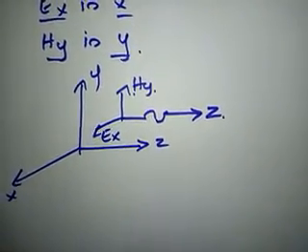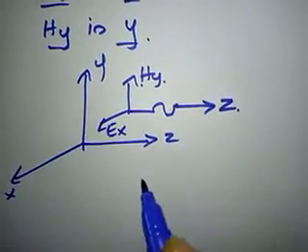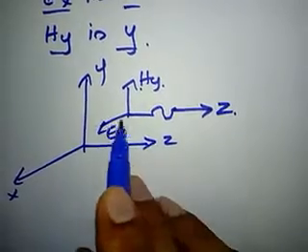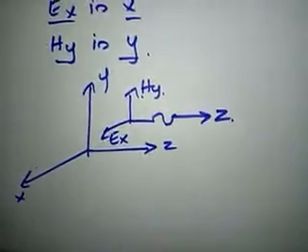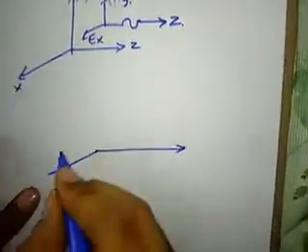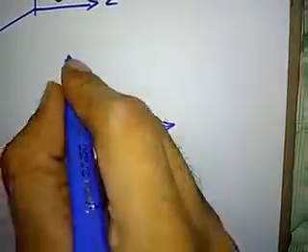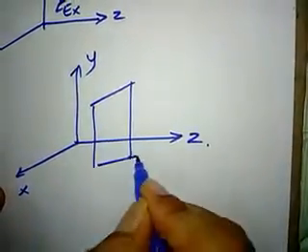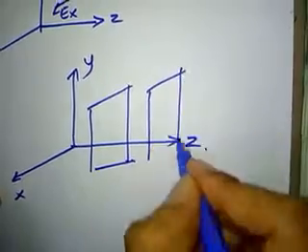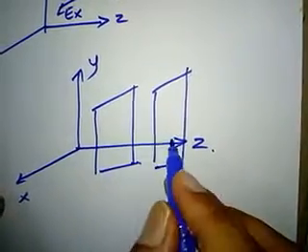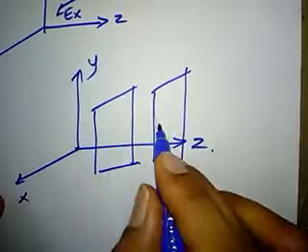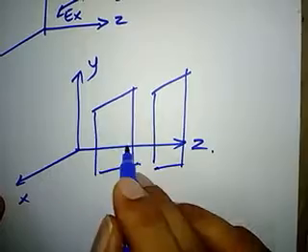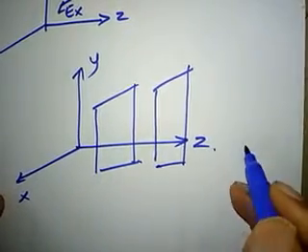The amplitude and the phase of the plane waves will be constant when it is moving in the same direction. Suppose we take a plane like this: this is x, this is y and this is z. If we take one plane here and another plane here in the same direction, then the amplitude and phases of Ex and Hy in this and Ex and Hy in this will be constant, because they are in the same xy plane and moving in the z direction.